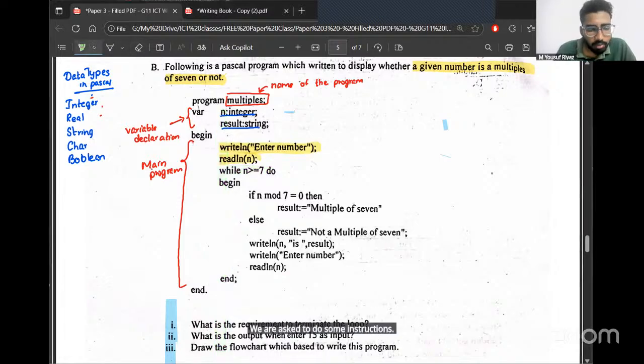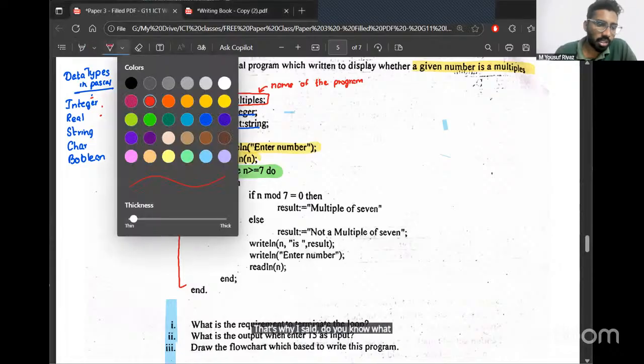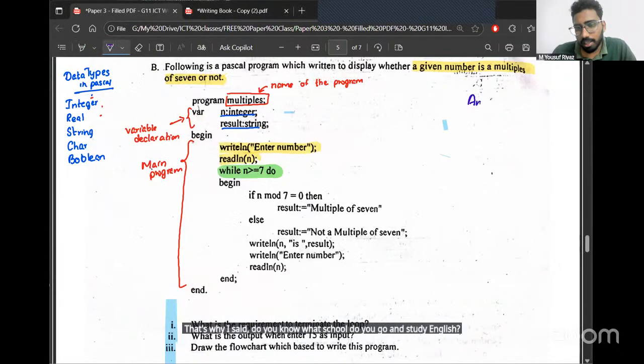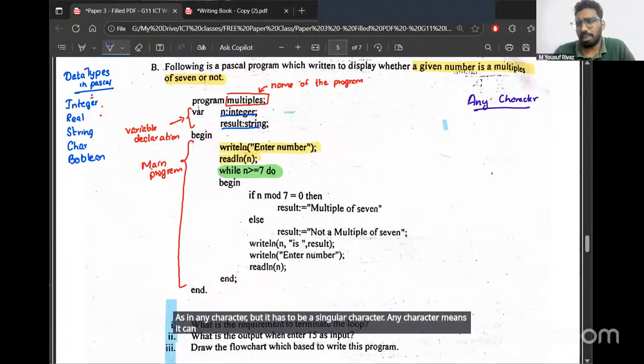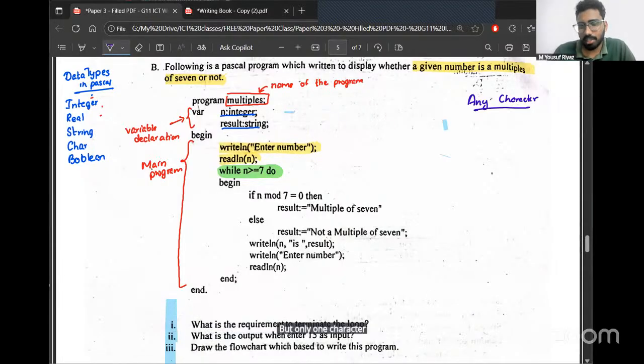Now, Pascal doesn't have a byte by default. So char is one letter or one number. That's why I said, do you know what we study in school in English? What do you mean by any character? I said any character, but it has to be a singular character. Any character means it can be a letter, a symbol, a number, anything, but only one character.